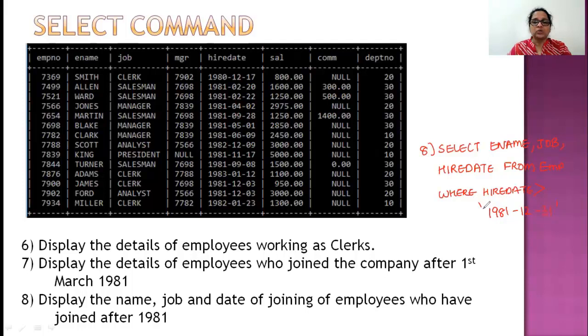Is that clear? So I hope till now you have understood how to use basic relational operators. And why do I say relational? We've used less than, greater than, not equal to, equal to. So these were all relational operators. In the next video, I will be talking about what if you have more than one condition. Then you can't just be making use of relational operators. You would also need something called logical operators, which I will introduce in the next video.